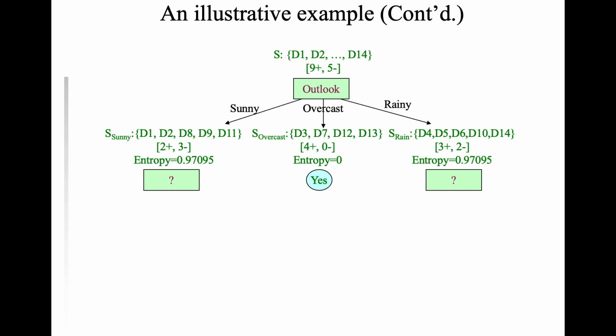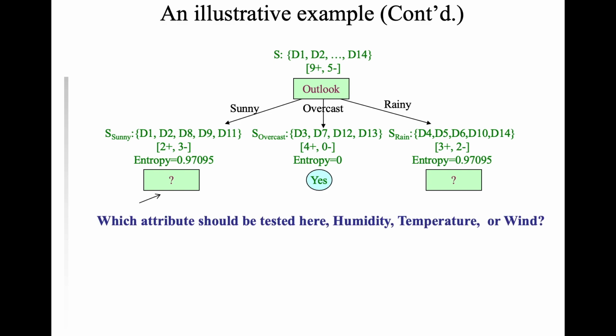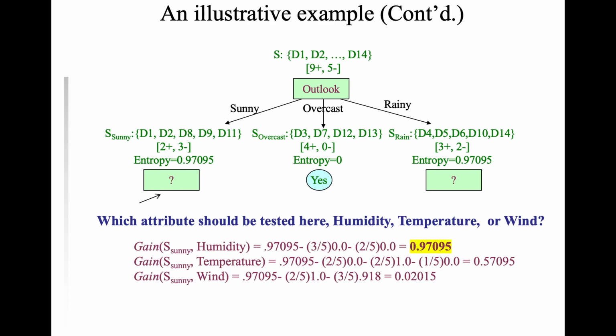And how about the other ones? For example, for the outlook sunny, what feature should I choose there? So again, in order to test what attribute to be selected here, we have to do exactly the same procedure. We started from the main set there, calculated the entropy, and then for each of these outcomes that we had, we again calculated the entropy for each of them. Now we do the same here. So we start from, for example, outlook sunny, and we calculate the information gain for, now, just be careful here, S